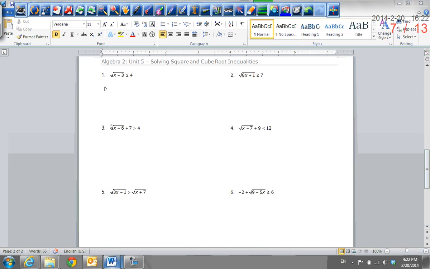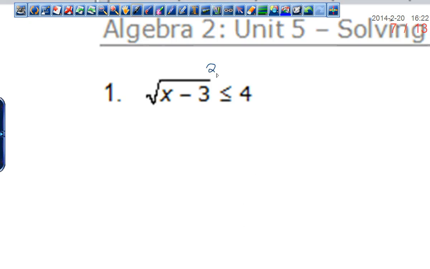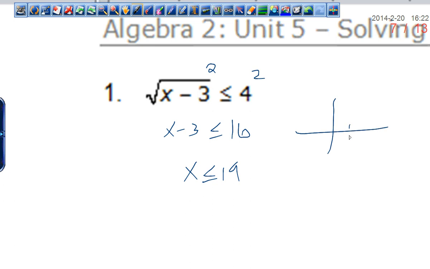Graphing is kind of tough. Algebraic, I think it's a lot easier. The only thing that changes here is my sign. So I square both sides. I get x minus 3 is less than or equal to 16. Add 3, get 19. Now, one other thing is that my minus 3 moved it to the right 3, so